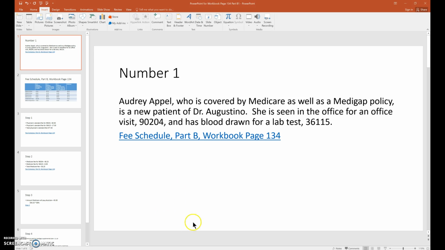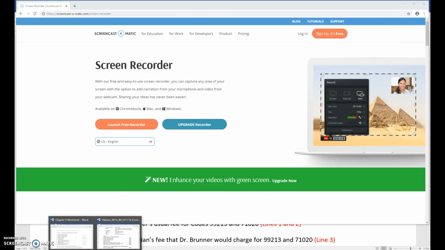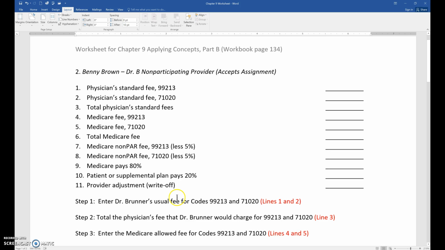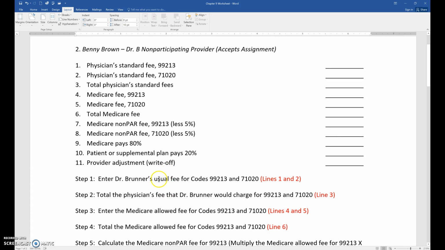Now you have additional assignments, and for those assignments I have given you a worksheet that you can use to complete the assignment. Now, first of all, you have the patient Benny Brown for number 2, and it gives you his scenario. So in determining the answers for the questions for Benny Brown, you can complete this worksheet. Now with this worksheet, I have given you step-by-step instructions. So on lines 1 and 2, you're going to look at the fee schedule on page 134, and you're going to enter the amounts for 99,213 and